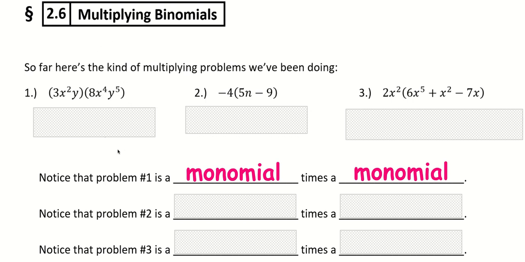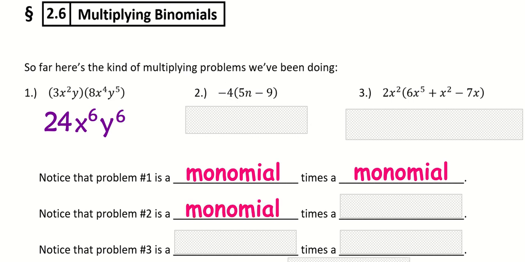There's no distributing here. No distributing to do, and it's just the 3 times the 8, and x squared times x to the fourth to get that, and then y times y to the fifth to get y to the sixth. But over here, you could say that this -4 is a monomial, but this bubble, this 5n minus 9